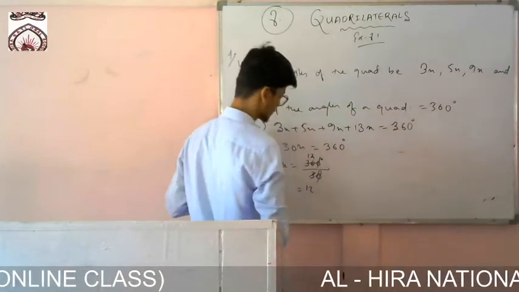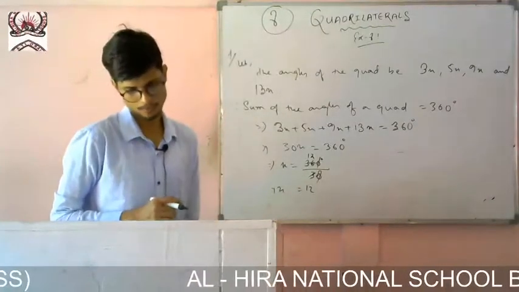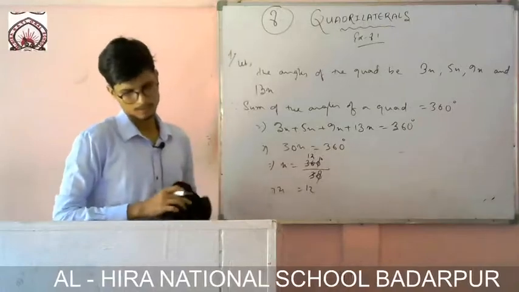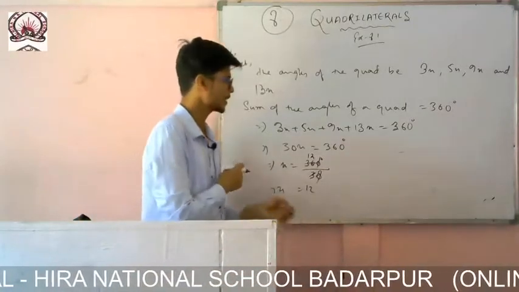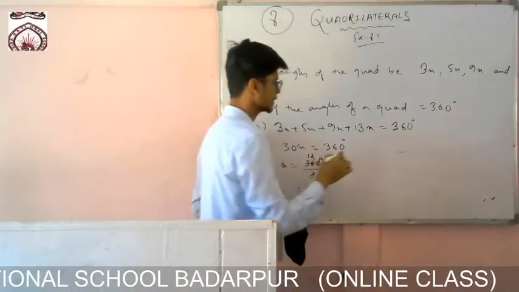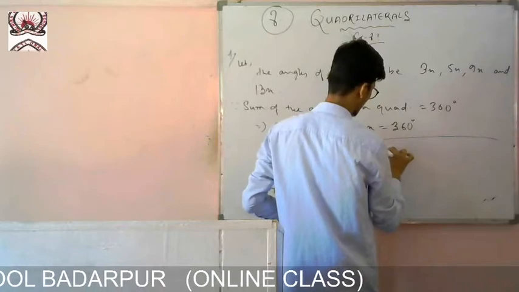So the value of x came 12, x is equal to 12. Now you have to find the angles. So now, therefore, the angles are, one by one, you write. The question is given: find all the angles of the triangle. So after that you write, therefore the angles are,